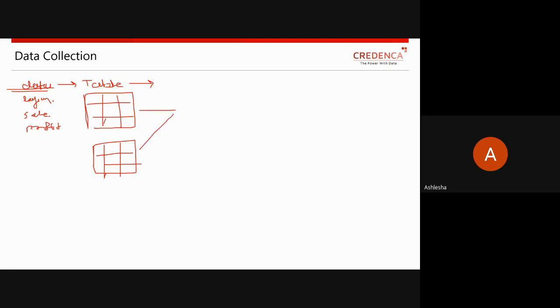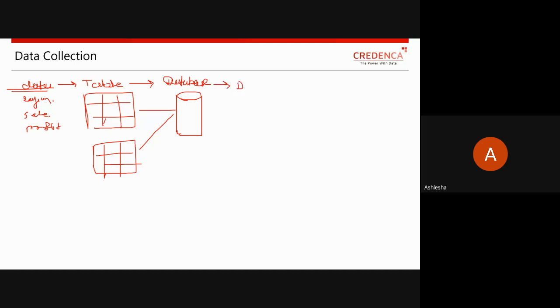The collection of multiple tables is nothing but your database. This is just a physical memory where you are storing a number of related tables. That is a database.